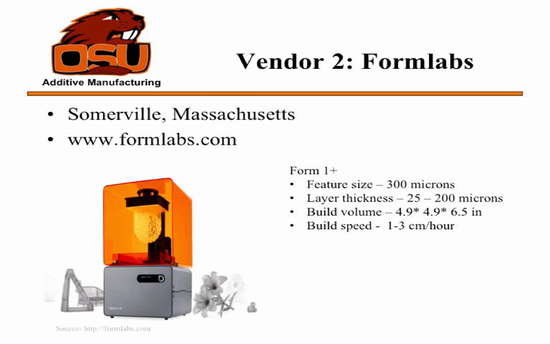Through bottom-up projection, it takes less time to do it. This is their build platform, that's the Z stage. The Z stage moves up, separating each layer as it is built. They say the layer thickness is around 25 to 200 microns. They take around 2 hours to build 200 micron layers with around 100 layers. Since they do around 1 to 3 centimeters per hour, it's pretty effective compared to other mask-based 3D printers which are available right now.